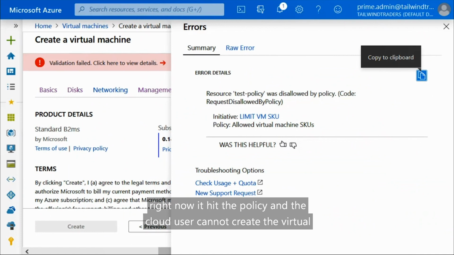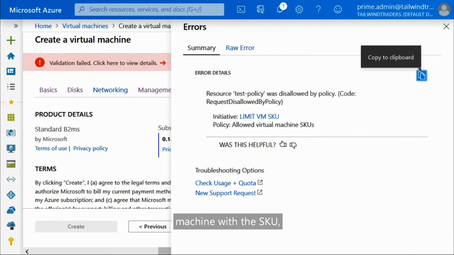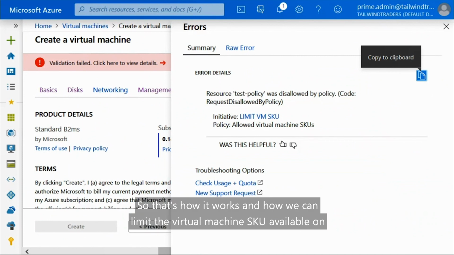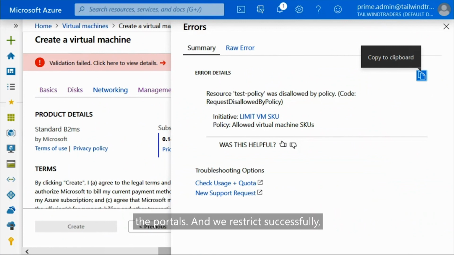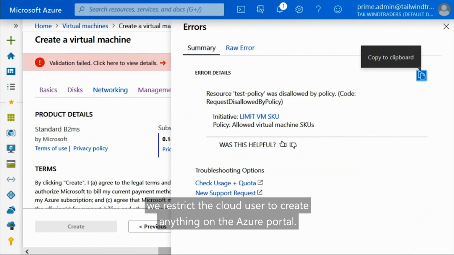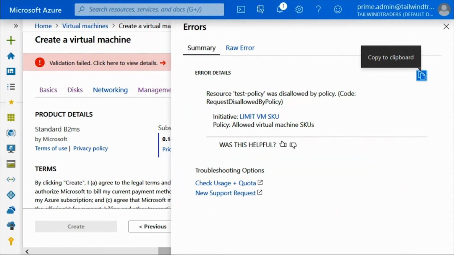So right now it hit the policy, and the cloud user cannot create the virtual machine with a SKU which is not under the allowed policy. Okay, so that's how it works and how we can limit the virtual machine SKUs available on the portal, and we successfully restrict the cloud user from creating anything on the Azure portal.